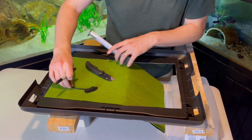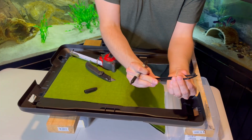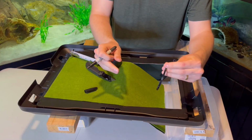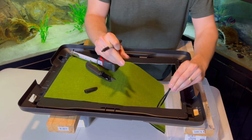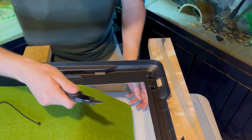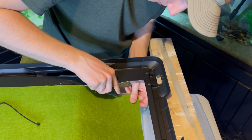But you also want it to be close enough that when you make this loop, it's going to be a pretty sharp edge, because you don't want this really big loop that's going to look pretty bad. You want it to be as slim as you can. So we're going to go about probably 3/8 of an inch in. So now, very carefully with your utility knife, find your mark and just make...